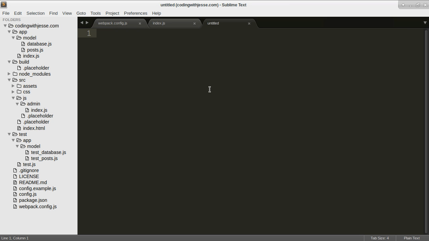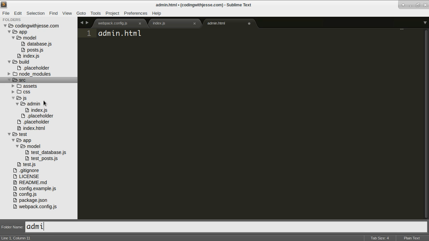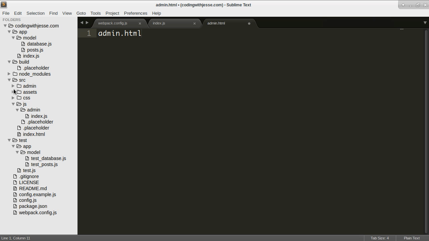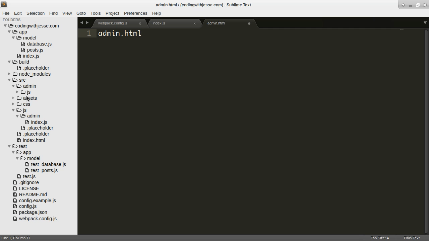So let me make a new file, admin.html. Actually, let's make it an index.html inside an admin folder. I might want to put my JavaScript, maybe let's move that over. I think that makes more sense. So new folder JS, and then an index.html,